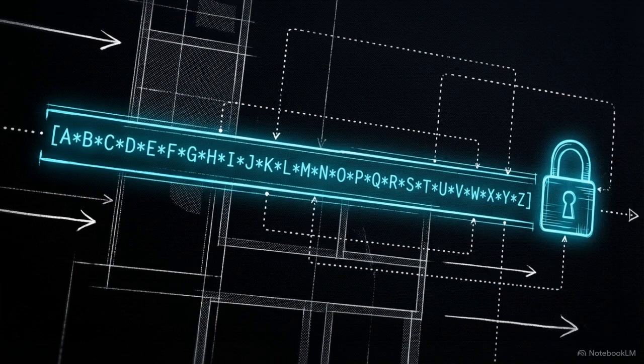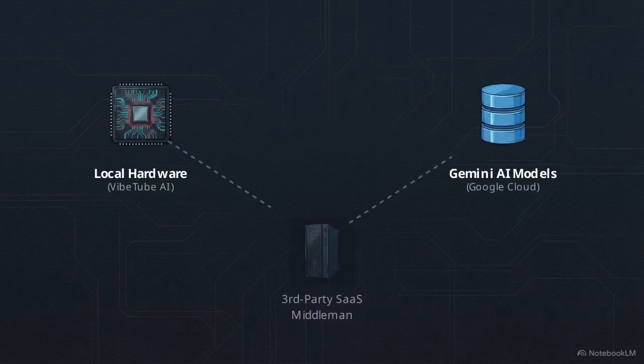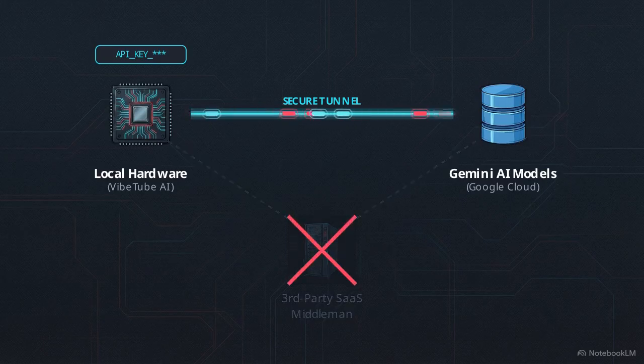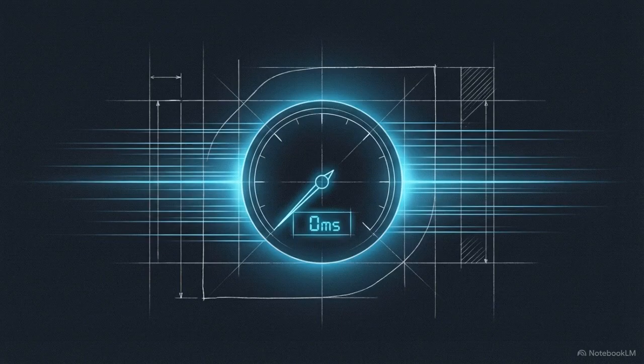There, you generate a private 39-character API key linked to your personal Google account. Entering this key into VibeTube AI creates a secure bridge between your local hardware and the Gemini AI models. This enables deterministic API orchestration. Every request and response travels directly through this tunnel, removing the need for a third-party server to process your data. By removing these intermediaries, the software operates with zero latency, as the processing power is drawn directly from the API